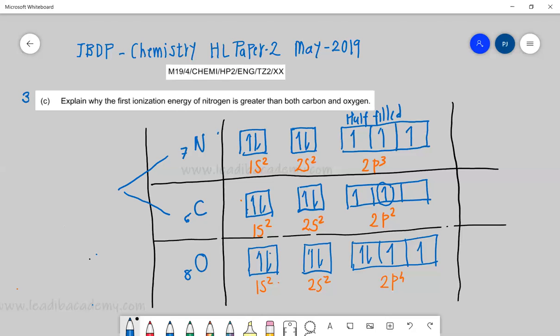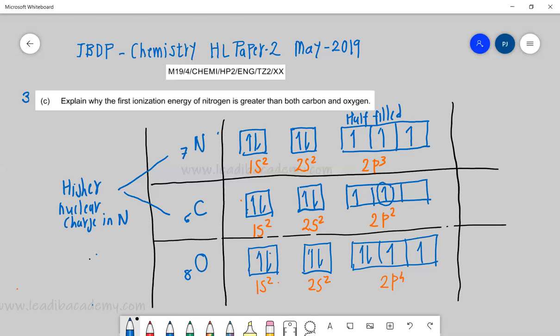Nitrogen has 7 protons, so it exerts a much higher attraction on these electrons as compared to carbon, because carbon has only 6 protons. So the force of attraction on the individual electron is going to be less. So we will say higher nuclear charge